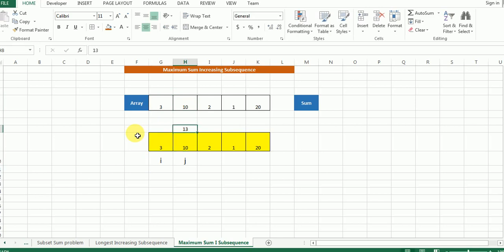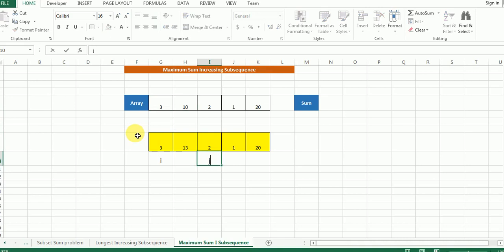This is a hold up value, that means a temporary value, because there may be a few cells which need to be operated between the runner and the marker, but here as you can see there are no cells between the runner and the marker, hence I am going to populate this 13 over here. Now as you can see, J marks the end of this subproblem. This subproblem has only two integers, 3 and 10. Yes, it's the longest increasing subsequence, 3 and 10, and the maximum sum is coming out to be 13. So this is how it's going to proceed.